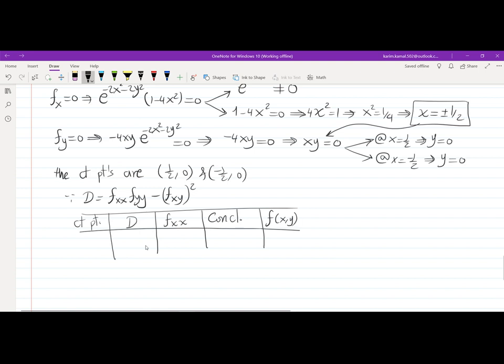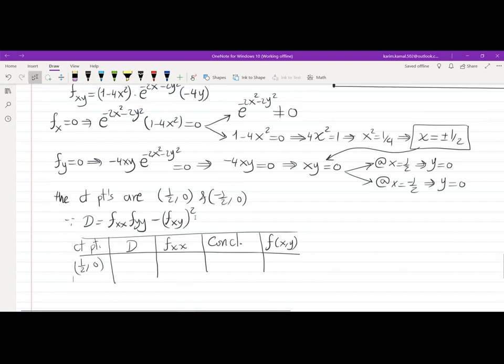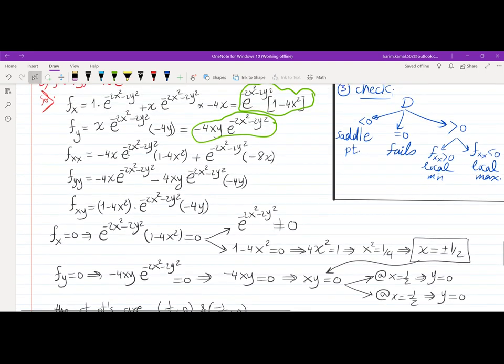First of all, half and 0, you have to substitute in fxx and fyy and fxy, these, to get the D values for each point,